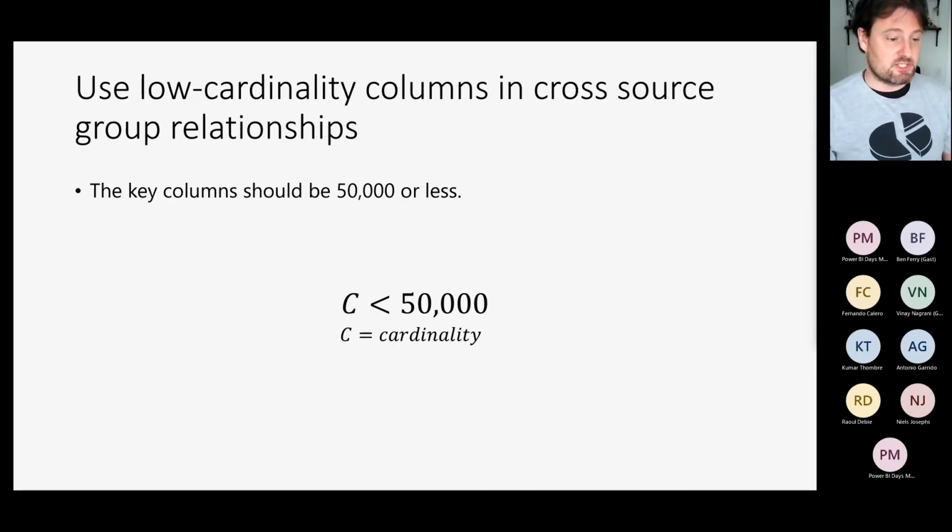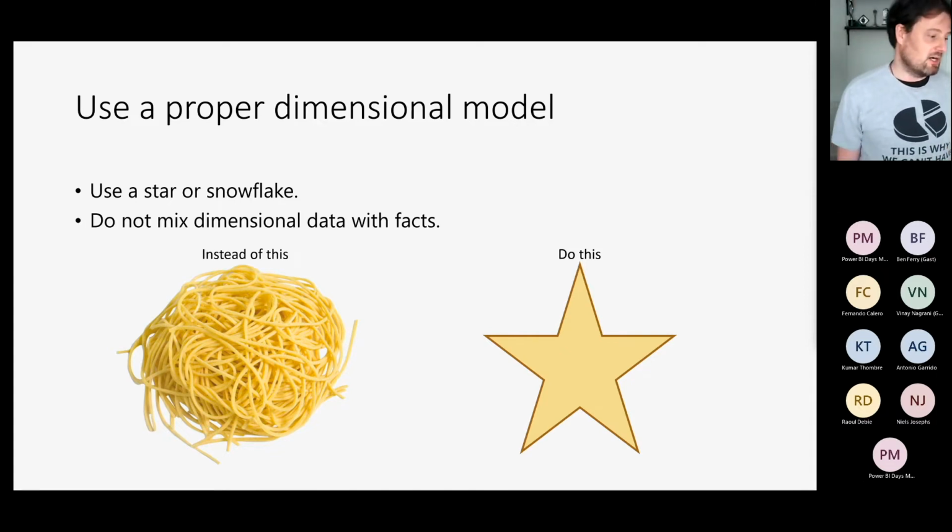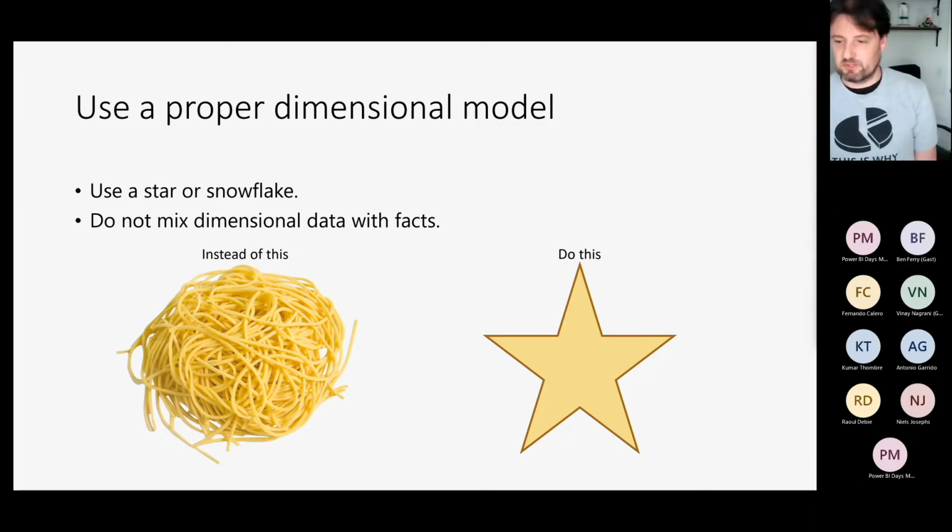The other one is, and you should already know this, use a proper dimensional model. So many people create a spaghetti model. Don't do that with Power BI. It's just setting yourself up for disaster. Power BI assumes you have a proper dimensional model, not a flat table, not a spaghetti model, a proper dimensional model with facts and dimensions, either a star or a snowflake. With multiple facts, it's okay, but just create one. It's true for anything you do in Power BI, but particularly for this feature. It optimizes for dimensional models. So, the moment you don't have one, you need to create one.